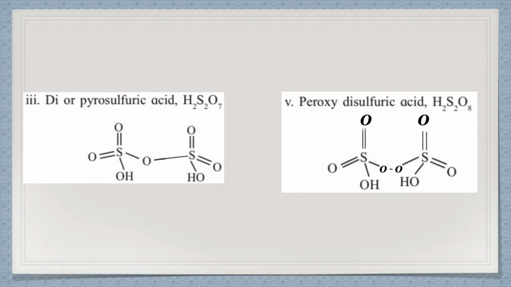I will attach OH to each of the sulfur. Next, I will count how many oxygens are left out. Once two oxygens are there in the hydroxyl groups, that means 7 minus 2, so 5 oxygens are left out. Now nothing else is there to be attached with oxygen, right? So where will it go and attach? We know that S can have valence electron 6, so S is double bonded to O, and the other side also has a double bond O. So 4 oxygens are done, one more oxygen is left.